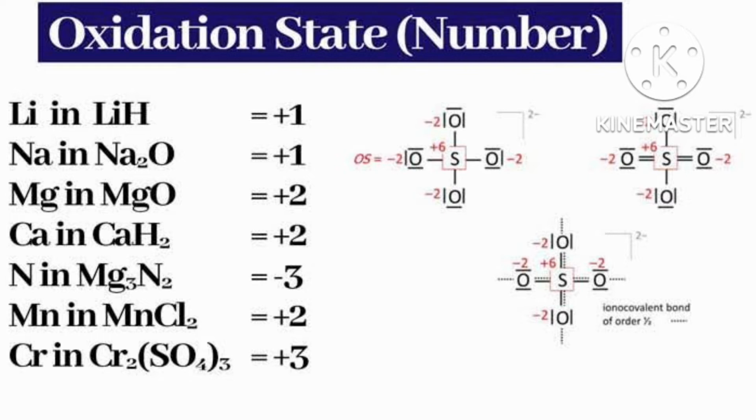Since there are 2 fluorine atoms in this molecule OF2, oxygen with outer electronic configuration 2s2 2p4 shares 2 electrons with fluorine atoms and thereby exhibits